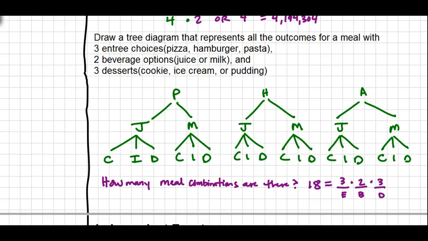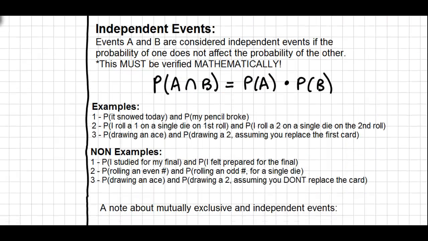Our other topic for today is independent events. When events are independent of each other, their probabilities do not affect each other. It's a pretty easy definition. Keep in mind, however, that regardless of you remembering or knowing the definition of independent events, you always verify it mathematically. So it's important for students to memorize this formula. Take the probability of A times the probability of B. And in order for the events to be considered independent, it would have to be equal to the 2 events'